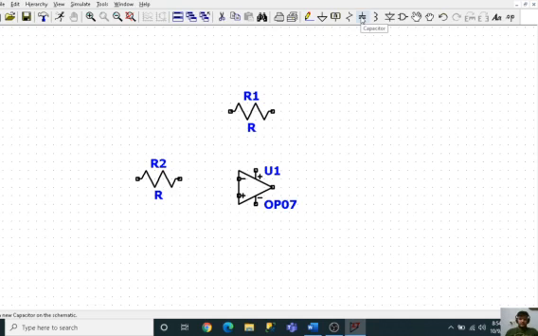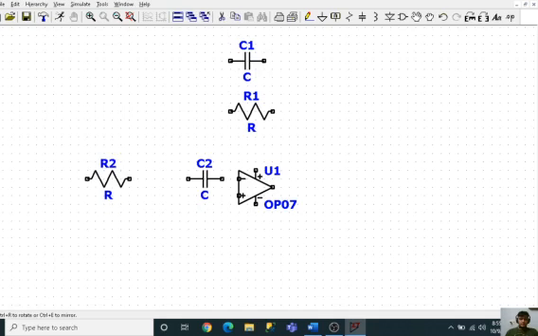Now we will be using capacitors. So this will be my capacitor, and I will need one more capacitor over here. So let me move this resistor a bit over here next to this capacitor also. Now over here on the non-inverting side again we will need a resistor. So this is my another resistor.